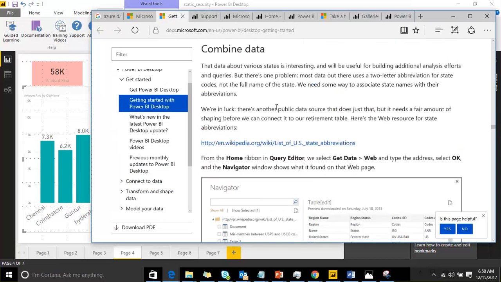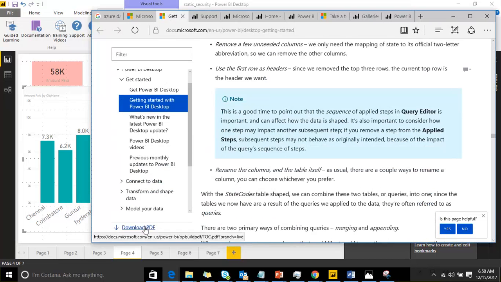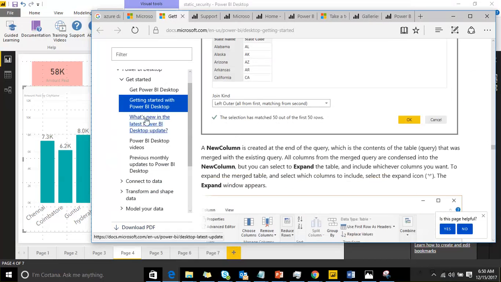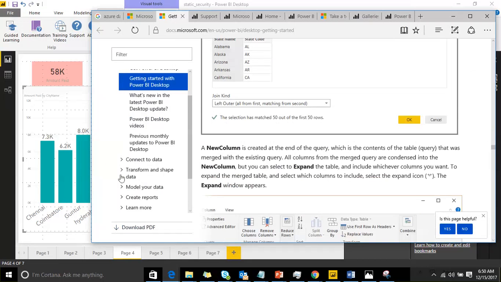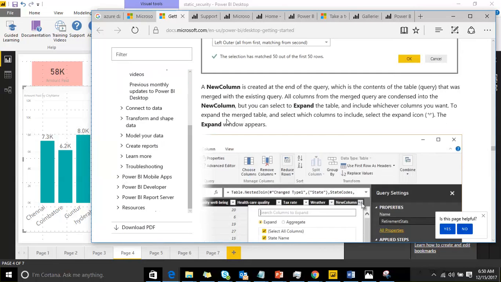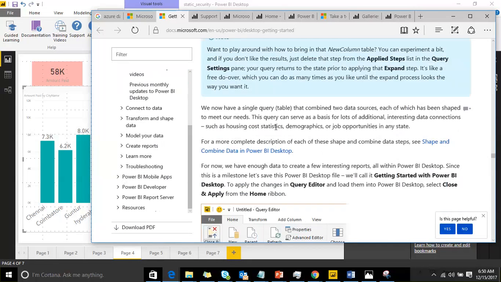All the options are available over here. So you can download that PDF. Whoever is asking for a book related to that, download the PDF and you can take a printout. Okay, so all the options are available: how to connect, how to transform, how to model, how to create reports, and everything related to Power BI. Or if you open a Power BI site,